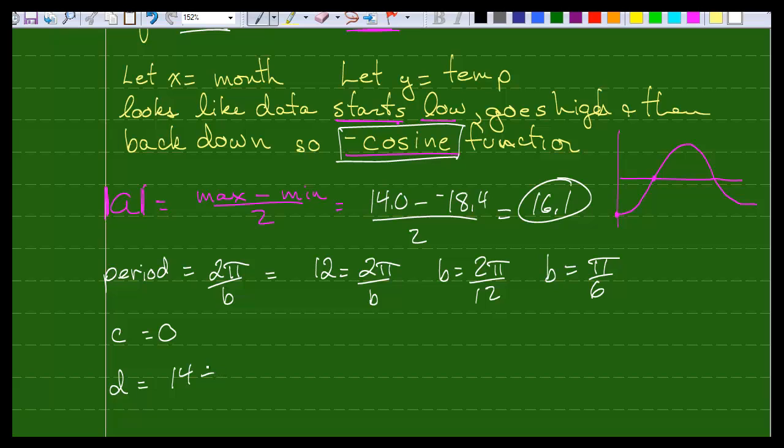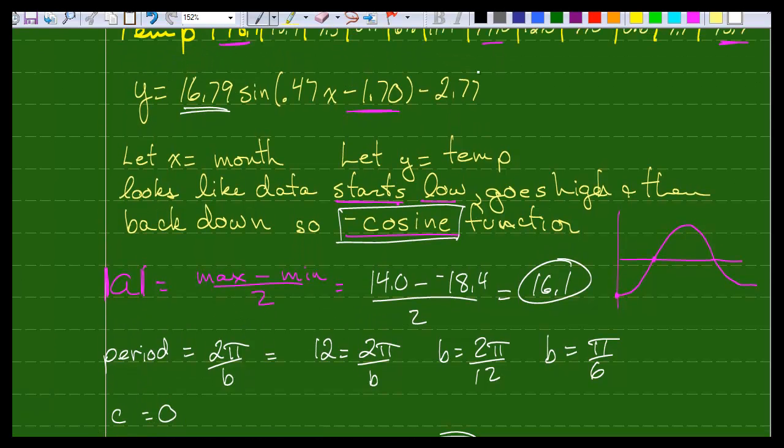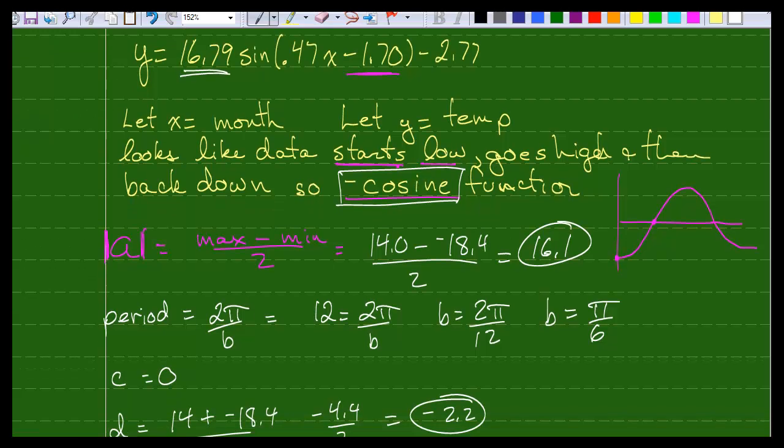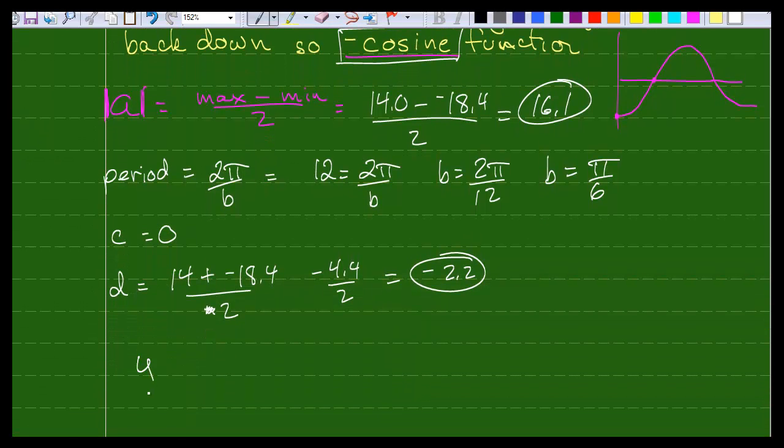So 14 plus negative 18.4 divided by 2. That's like saying 14 minus 18.4, which is negative 4.4 over 2, or negative 2.2. Is that close? Yeah, not far off. So our function then becomes y is equal to negative 16.1